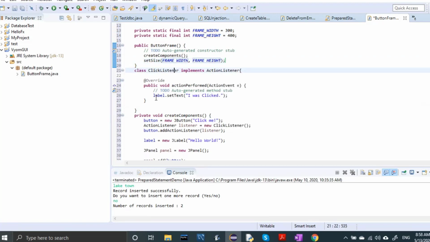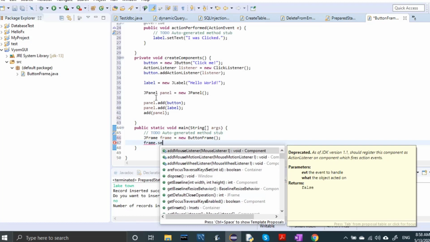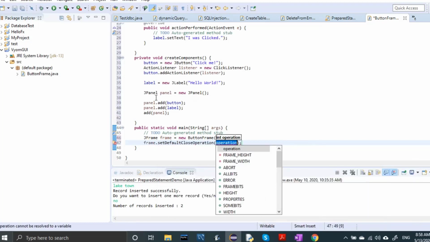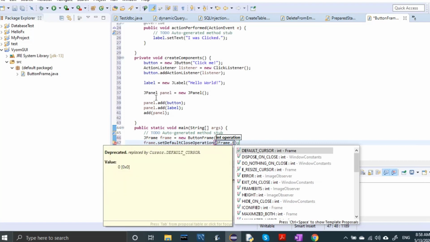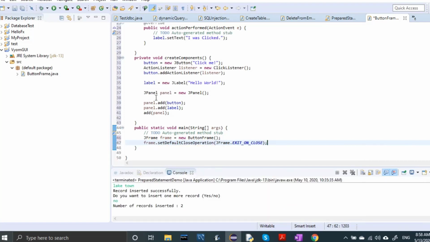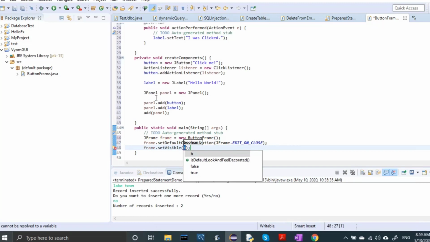In the main function I will write a JFrame equal to new ButtonFrame. Then frame.setDefaultCloseOperation, JFrame.EXIT_ON_CLOSE, and then frame.setVisible true.